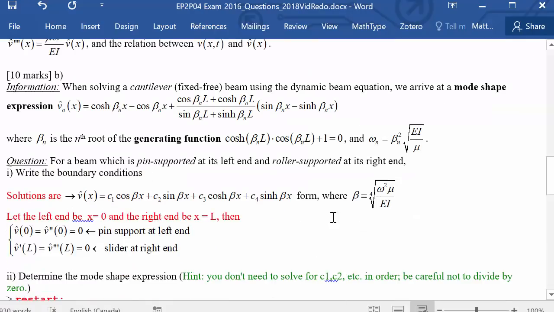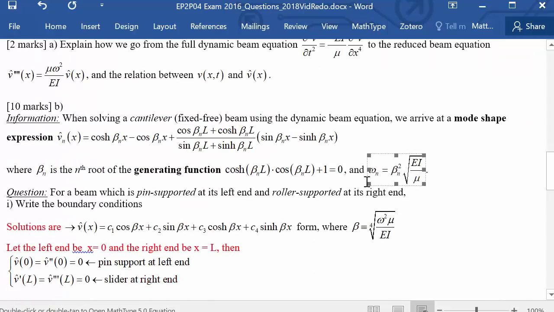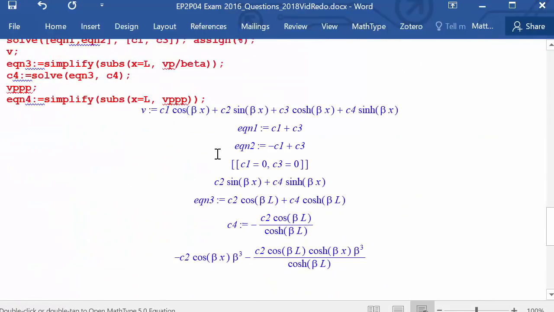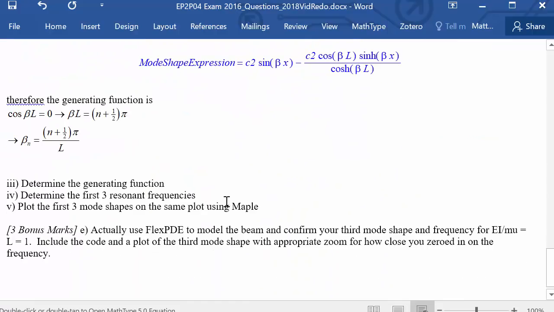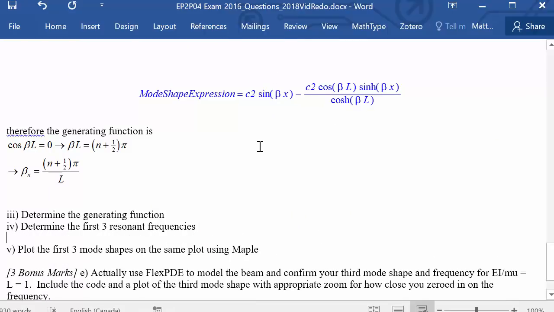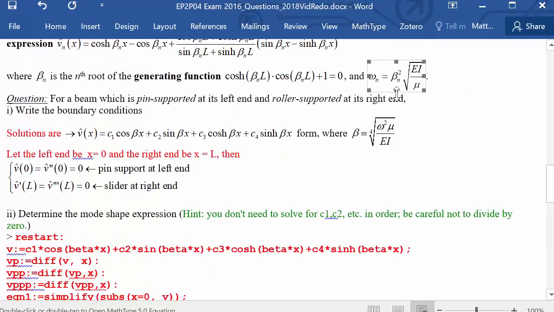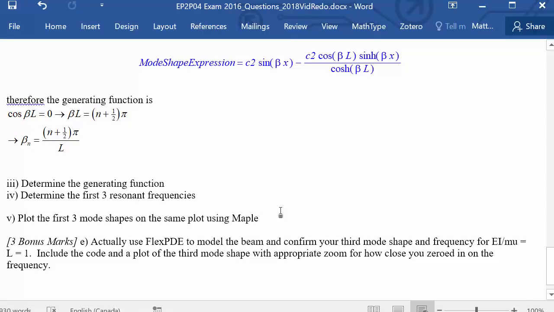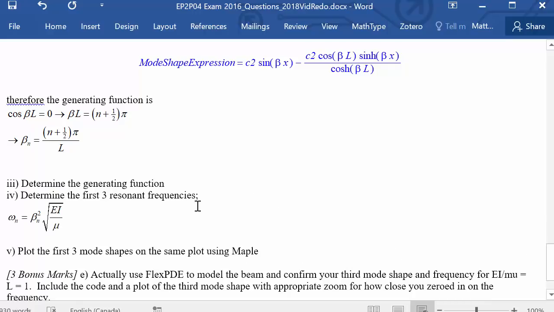Well, we figured out earlier in this calculation that beta is this relationship between omega, mu, E, and I. And so we can change this around to figure out what omega is. The first 3 resonant frequencies, and we don't know what EI over mu is, so this is going to be in general. We've got the same expression as for the cantilever. So this is going to be true for every single beam. So since beta n is this, the first three would be